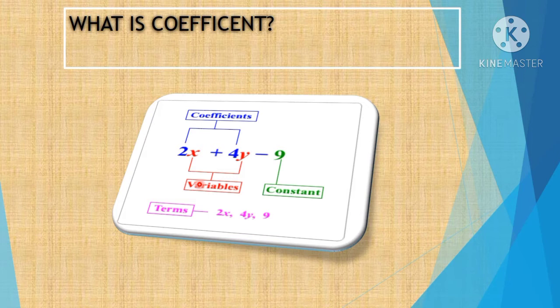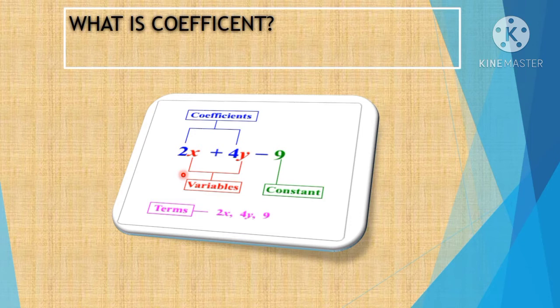For example, I am writing minus 2x. Then I am asking you, what is the coefficient of x? What will you say? You should say with the sign, minus 2. Since this is a positive number, you can say 2. But if it is a negative number, you should say it with the sign. So, if I am writing minus 2x, what is the coefficient of x? Minus 2. Now understood children, from this expression can you identify the terms?